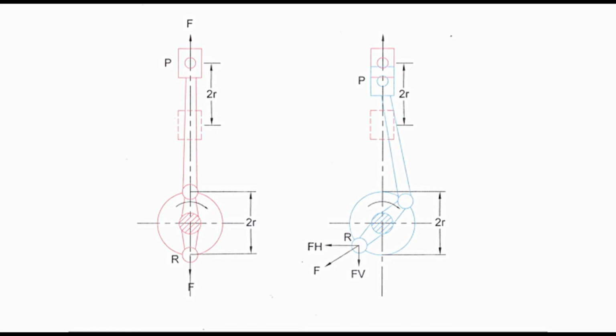The horizontal component FH goes on increasing until the piston is in the middle of the stroke. It will become maximum there and will start reducing as the piston moves downwards. This will become zero as the piston reaches BDC. The horizontal component of force FH causes imbalance. So what is the difference? By adding balancing mass, the unbalanced force is acting now in the horizontal direction instead of the vertical direction.